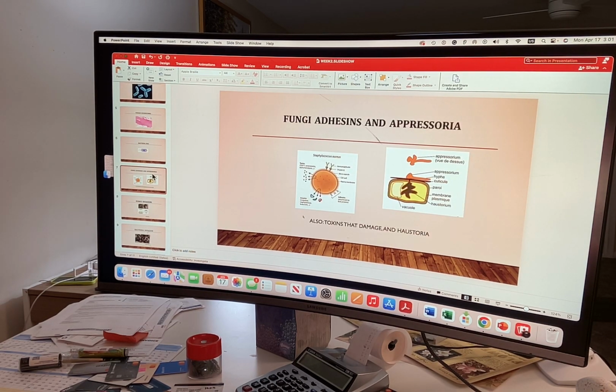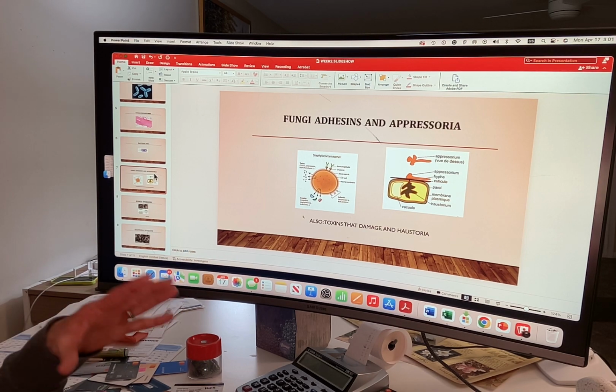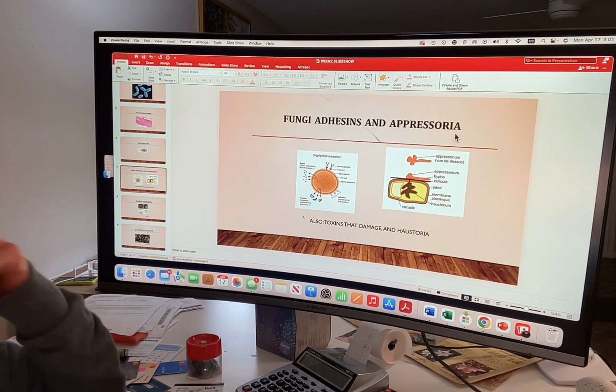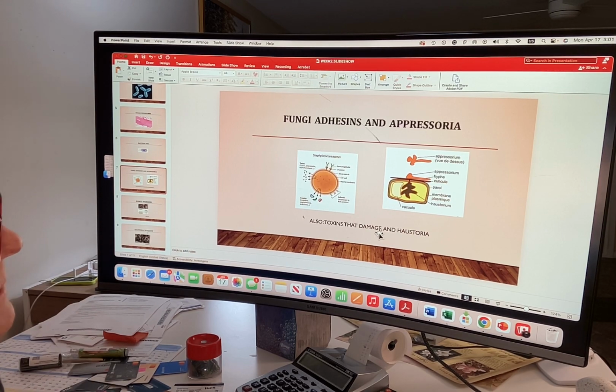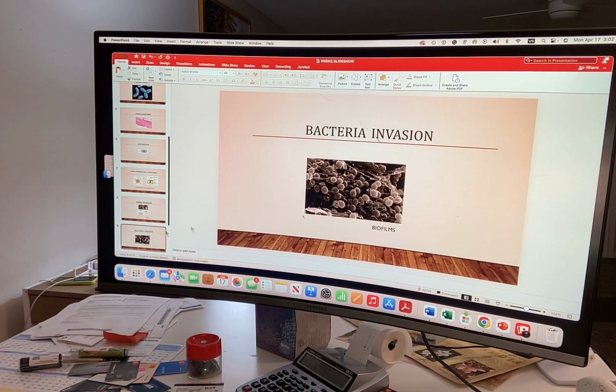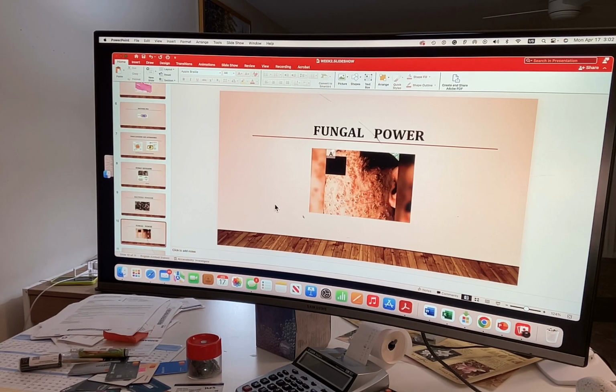There's a lot of damage the fungus can do, the fungi. There's a couple examples. Adhesions, Aprocera, if I said that right. They're damaging. Basically, the fungus are destroying as they're going along. And the bacteria invasion,